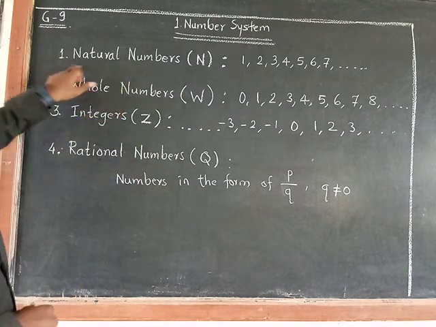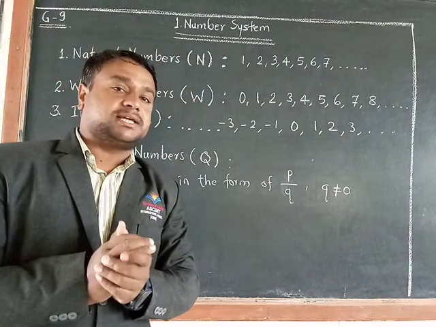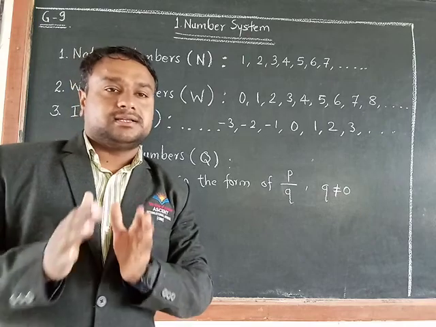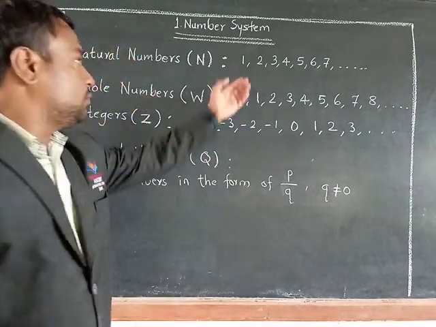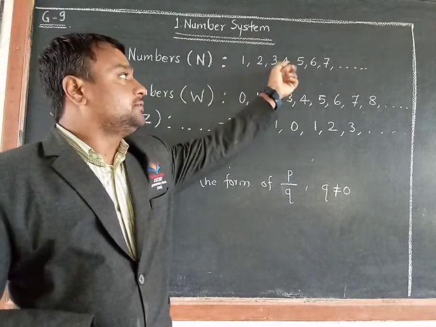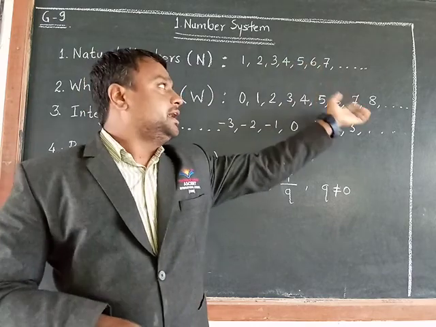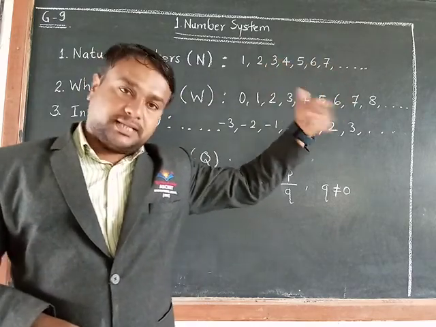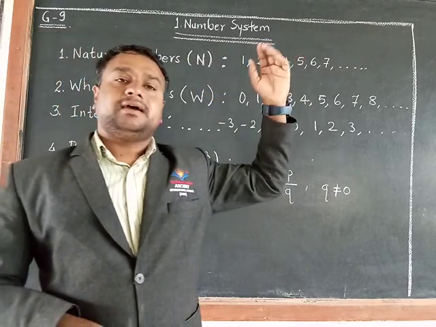Natural numbers means the numbers that we count. For example, 1, 2, 3, 4, 5, 6, 7, 8, 9, 10, 1,000, 10,000, 1 lakh